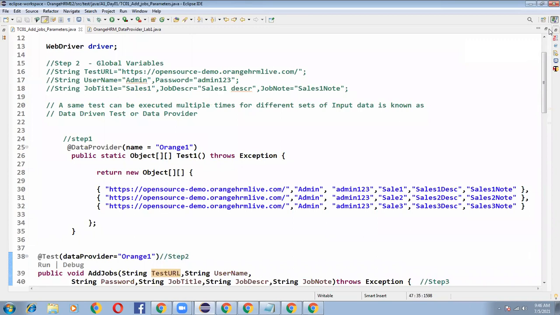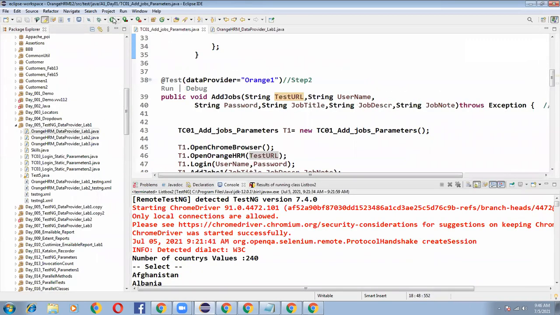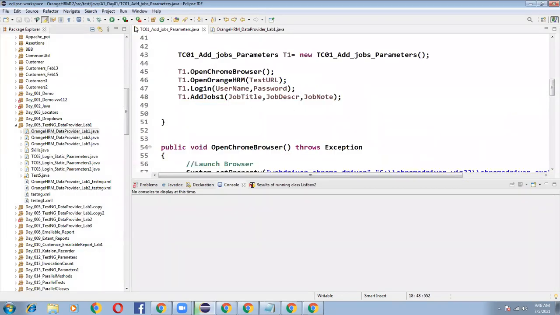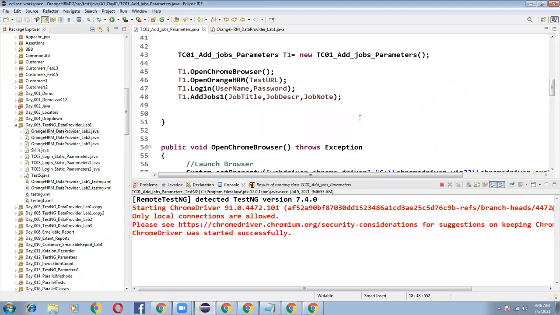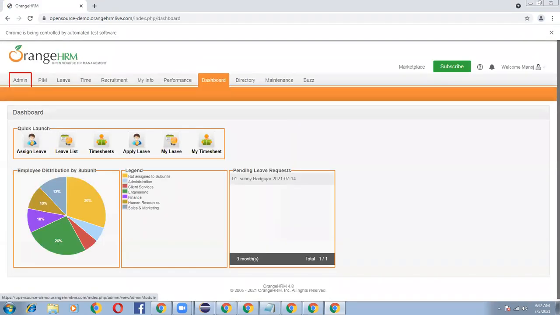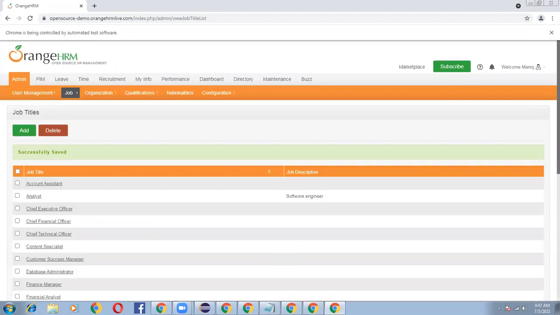Okay, let me run my program. Okay. So the application URL was started. Your data is coming, say admin 123 values came to the @Test. So sales one record has been created. Again, the second set of input data started.